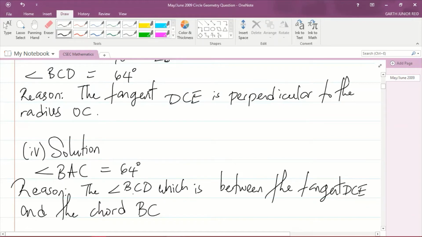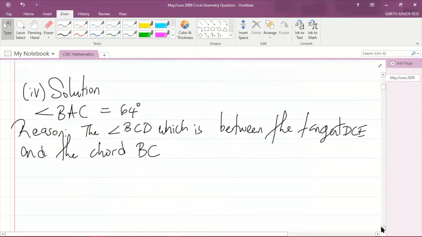Since the angle BCD, which is between the tangent DCE and the chord BC,